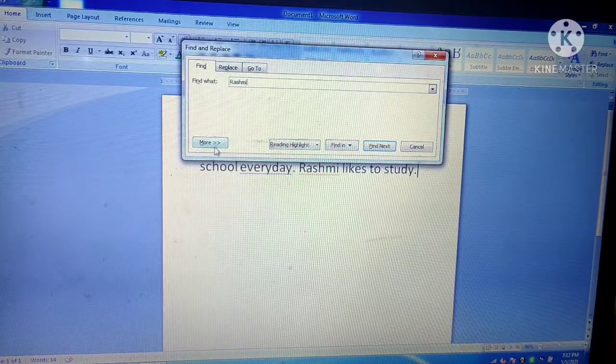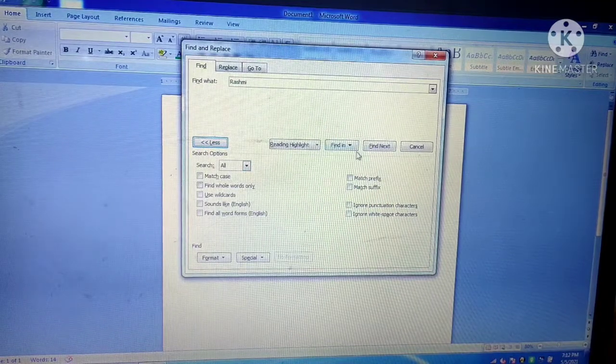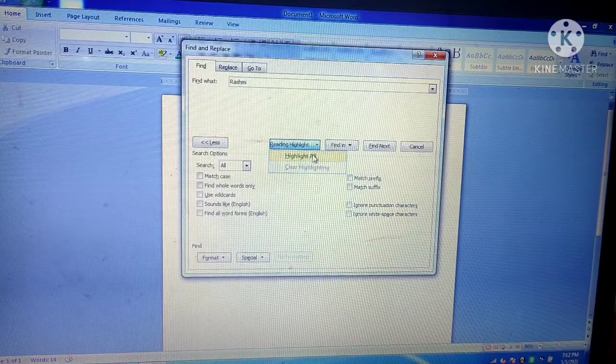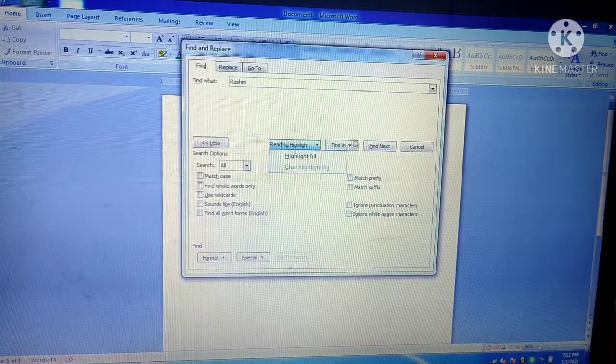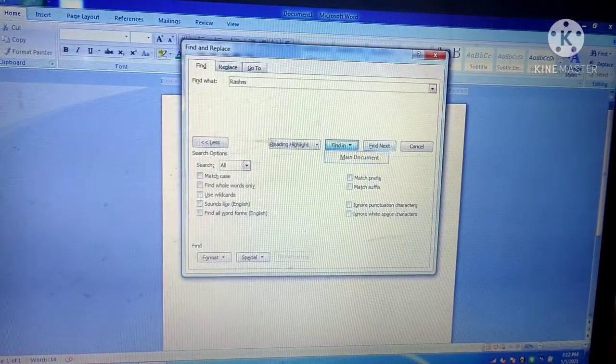you can have more options here. You can choose different options like reading highlight, find in. If you want to find in a certain page or the main document, you can click here.